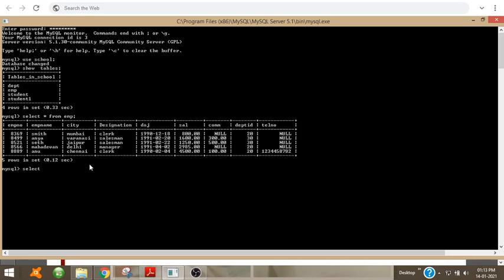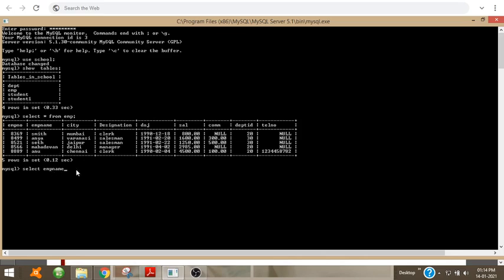Suppose I want to see the columns with the employee's name and their salary only. How will I give it? I have to give the column names as they are in the table. In the table, for the employee's name, the column is EMP name.